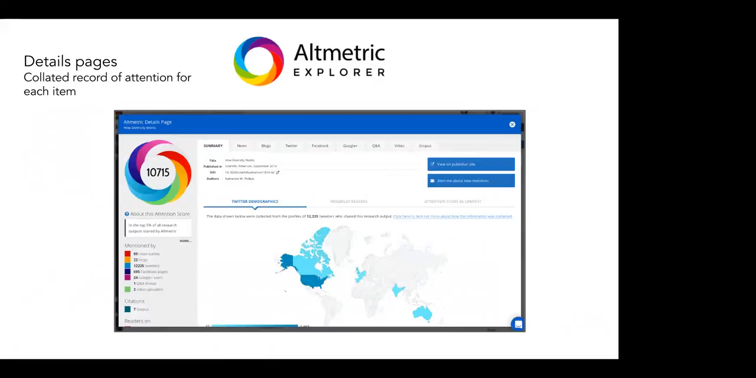And of course, for every item, we give you access to a details page. This is our collated record of attention for an item. And you can click through all of the tabs along the top to see the original mentions. So you can get an understanding of, okay, not just that this book or this article, for example, has had a lot of mentions, but actually see what people are saying and who is saying it. So you get a much better understanding of why that